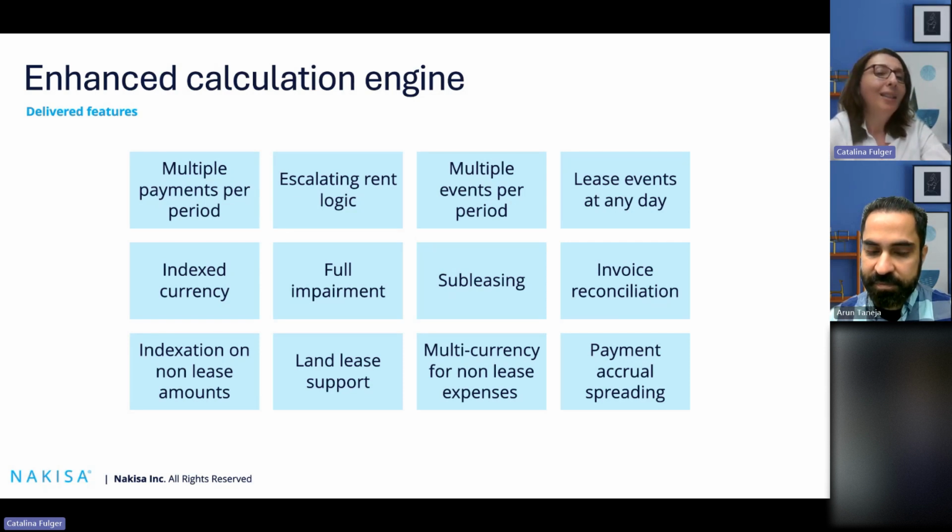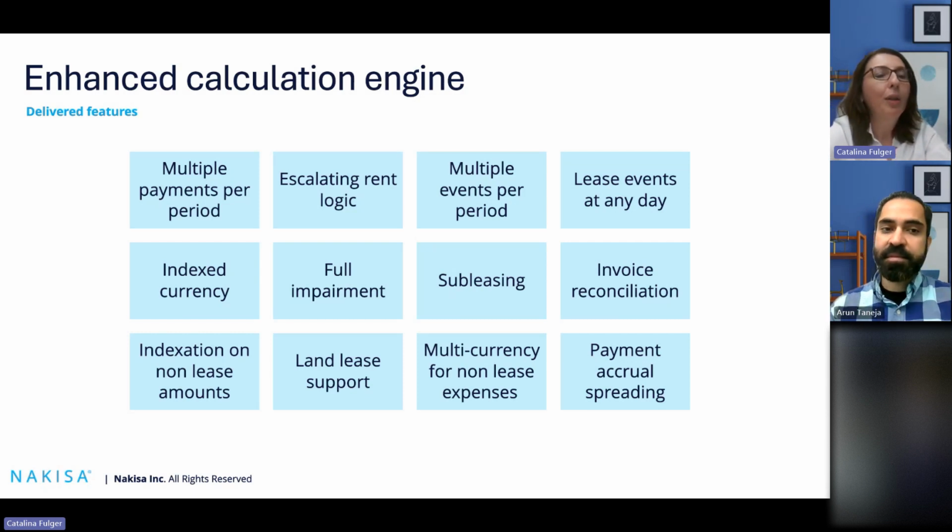And the reality that came to us through the pandemic, or not only a regular impairment or reduction of the asset value was necessary, or the accelerated depreciation, but also the full impairment. So full impairment is now possible, and not only that, but you can also bring your contracts from other applications,